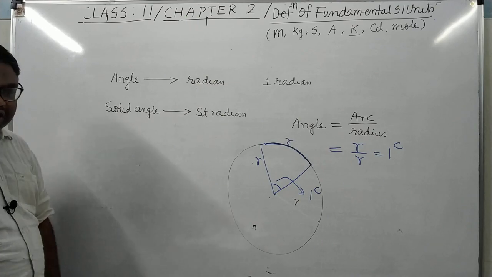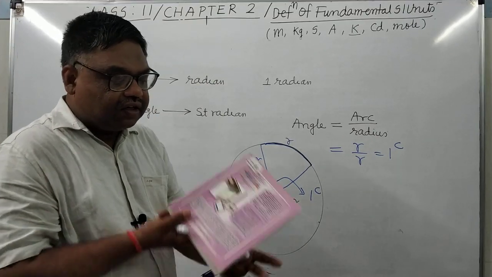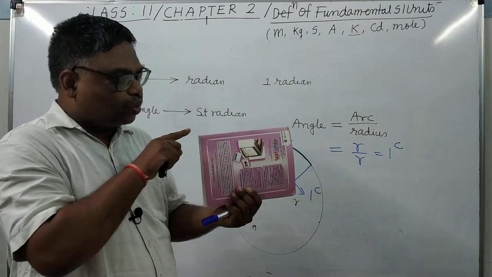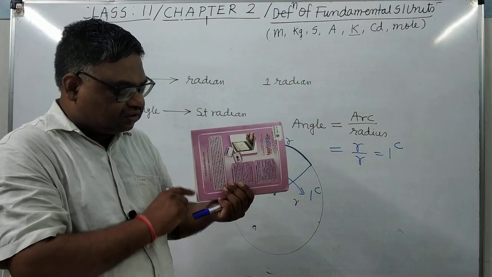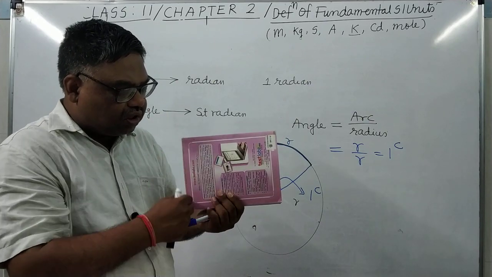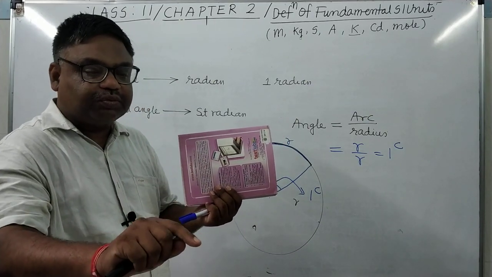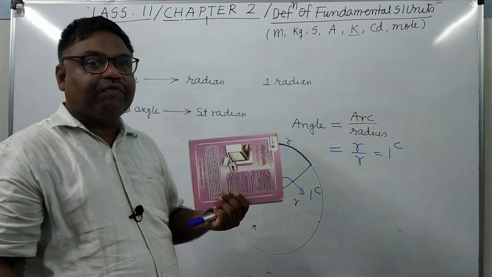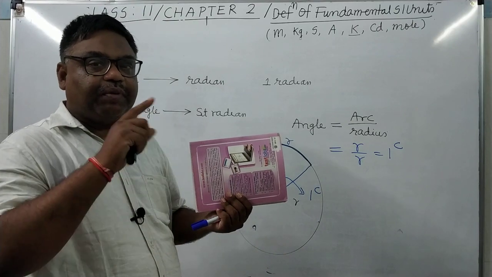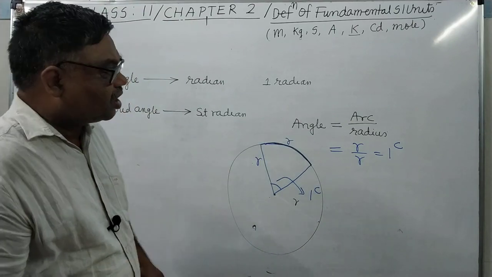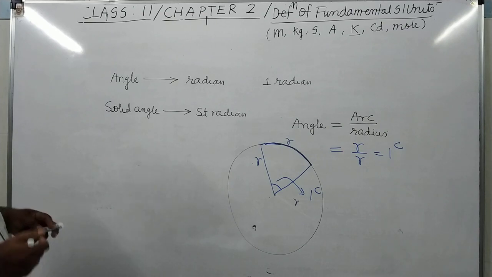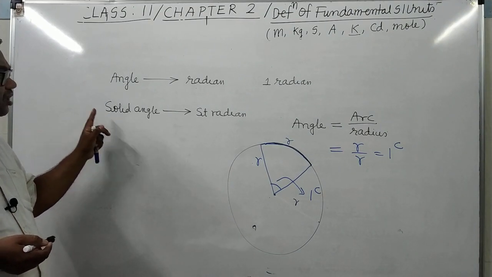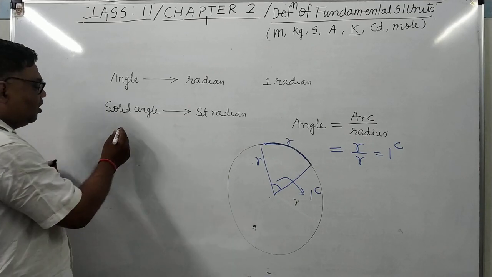It is clear? For example, if you have to find the angle subtended by this whole surface at this point, you join all the points on its boundary to the point where you have to determine the angle. So you will get a conical shape angle. That conical shape angle is called the solid angle. How will you describe the solid angle? Its unit is the steradian. How will you define 1 steradian?